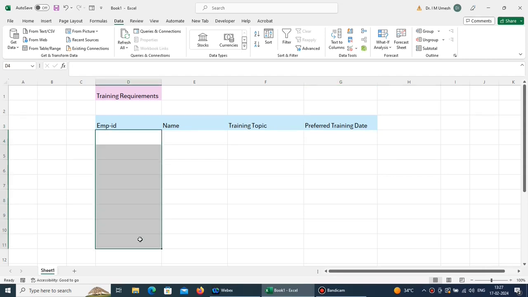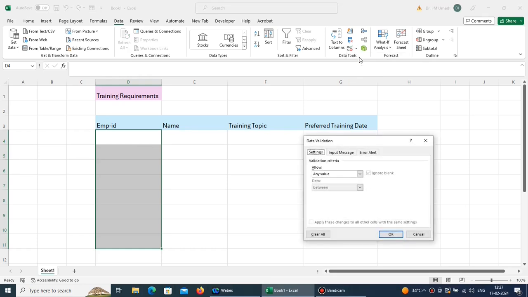I will select these cells, go to data and select data validation here. So here we have the settings option. In this, select whole number, and the employee ID should be between 100 and 200. That is the validation we are trying to apply. Click OK,